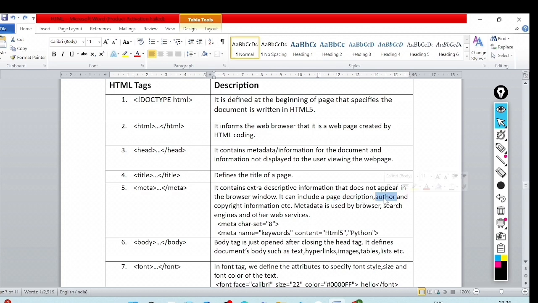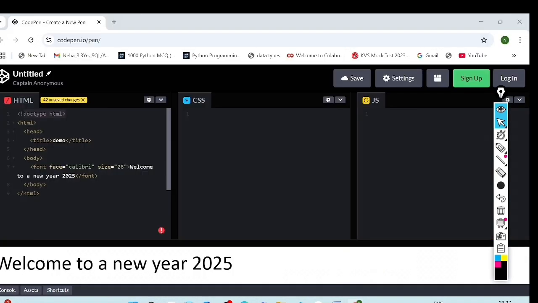We can give the author name and the copyright information, we can define it. So it will always be there in our syntax part. It is used by the browser, search engines and other web services. So metadata is helpful for browsers, search engines and other web services. Where do we define the metadata? This is the important point. We define the metadata in the head part,